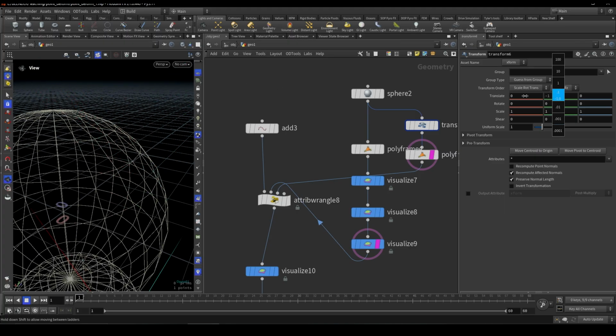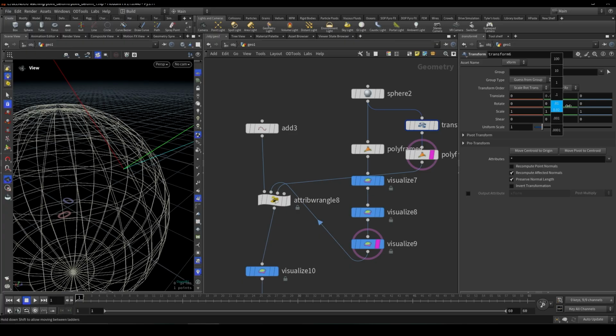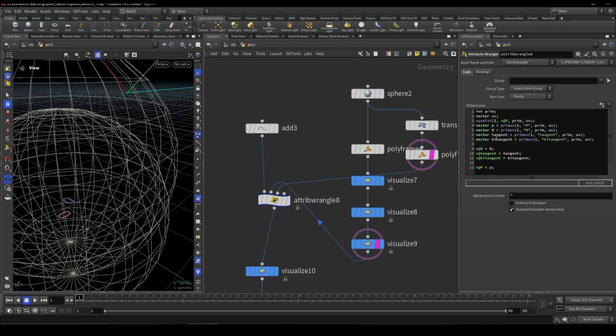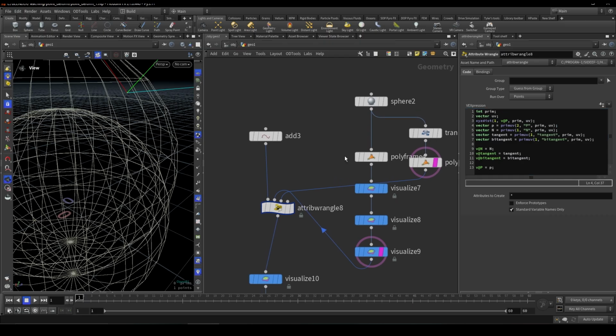And so it's taking the same location data, and it remembers it. And it's like, hey, what is the location on this other geometry? That's what this is doing. Now in Blender, this functionality is not quite there. The xyzdist and the primitive UV functions are wrapped into one, into that sample nearest surface. Which means this particular functionality where you can sample from one geometry and store that location data, and then use that location data in another piece of geometry that matches topology, you can't do that in